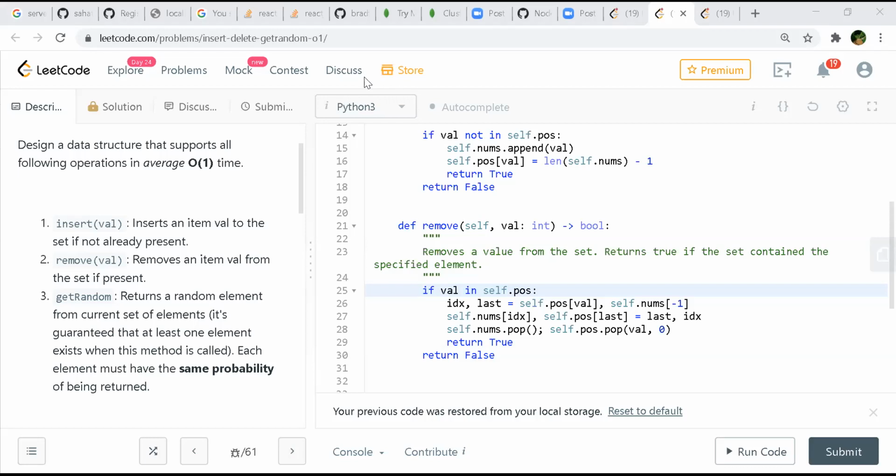Yeah, and in the second part, pos.pop val comma 0. So what is this 0 doing? 0 at 0th index, this particular element will be popped. Achha, from the back, right? Yeah. Okay. And so anyway, it's doing a pop. So if you put a 0 there, it will be popping from the last one. Is that what it says? Yeah.